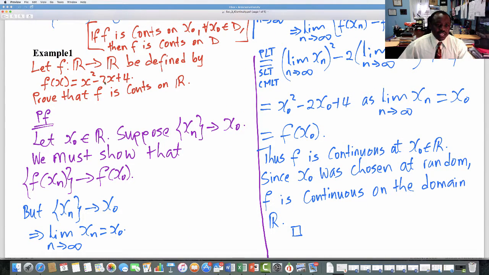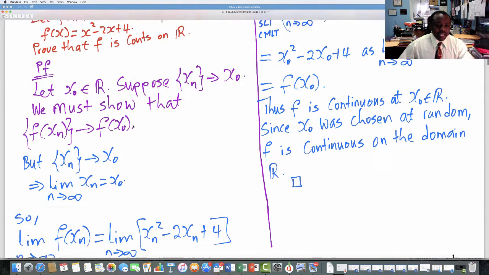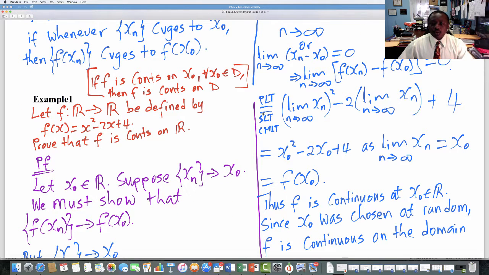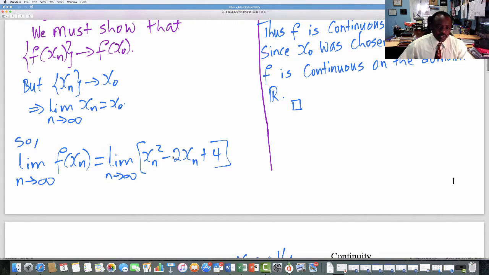So everywhere you see x, you replace that with xn. And that becomes xn squared minus 2xn plus 4. And that equals, by the product limit theorem, by the sum limit theorem, by the constant multiple limit theorem. So basically what we're doing is, by the sum limit theorem, we can distribute limit across subtraction and addition. By the product limit theorem, we can distribute our limit right here on xn squared. And by the constant multiple limit theorem, I can pull my 2 out and I have limit as n approaches